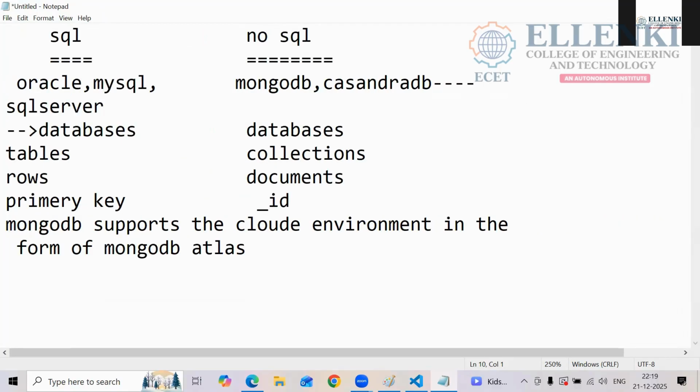You can create your data with the help of MongoDB Atlas.